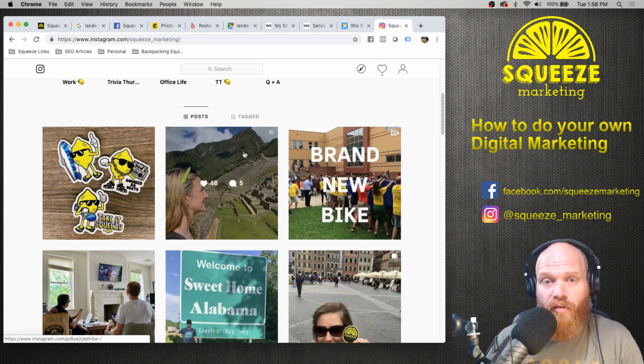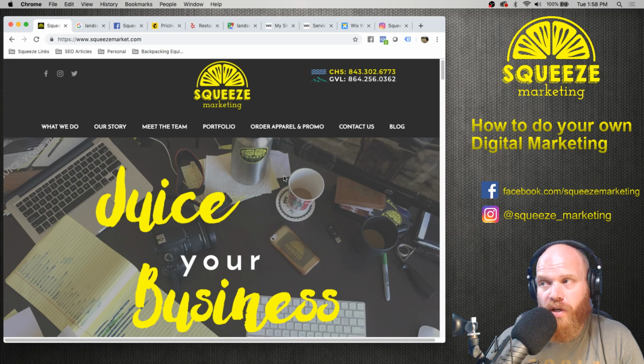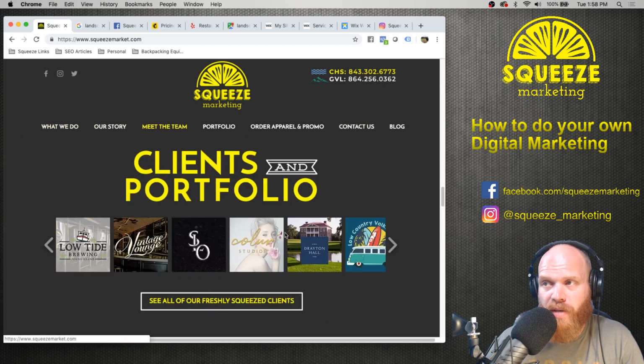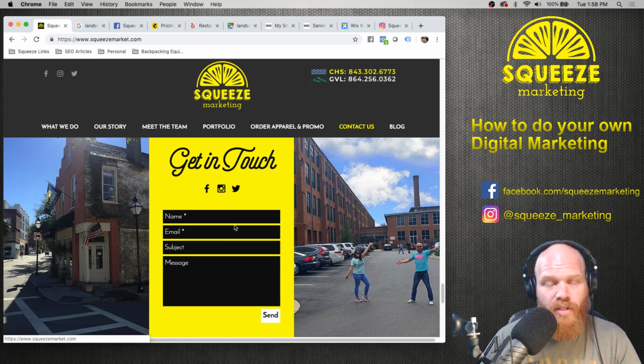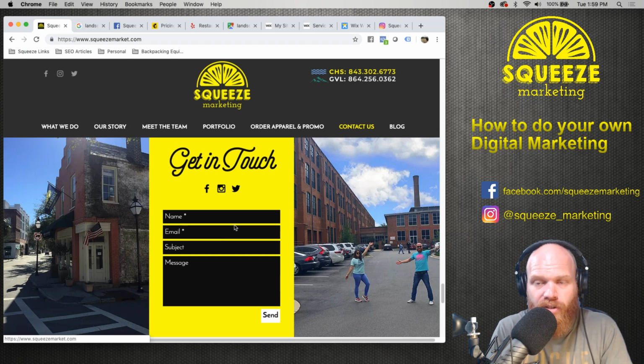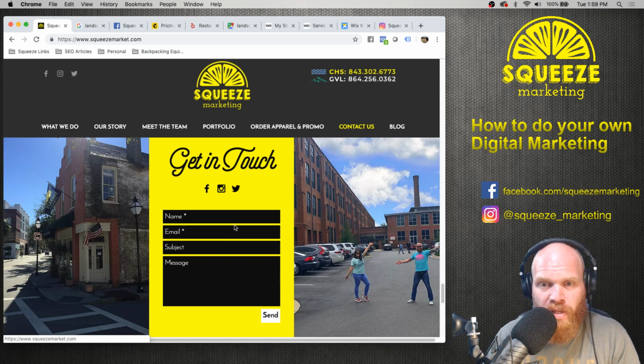The last section we'll go over is email marketing. When you come to the Squeeze page, you might see a pop-up that has a block to put your email in, the Get in Touch section. On your website, there are going to be a number of different ways to capture your audience's email addresses. Any email address that you get, you should save as part of your list. You can create different lists, past clients, your general list, emails you get from social media interactions, whatever it is, but you should be collecting email lists from your clients and from prospects, people that visit your site.